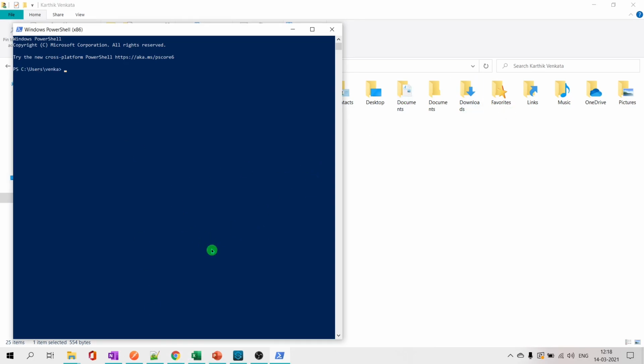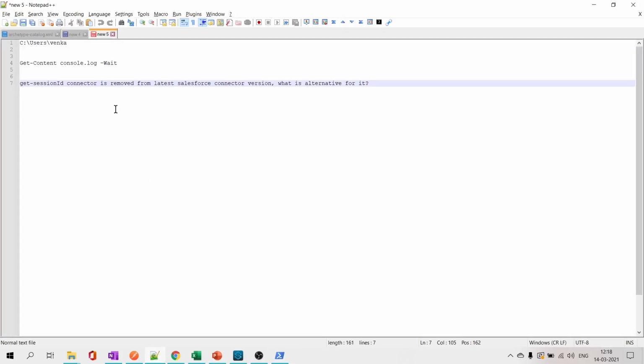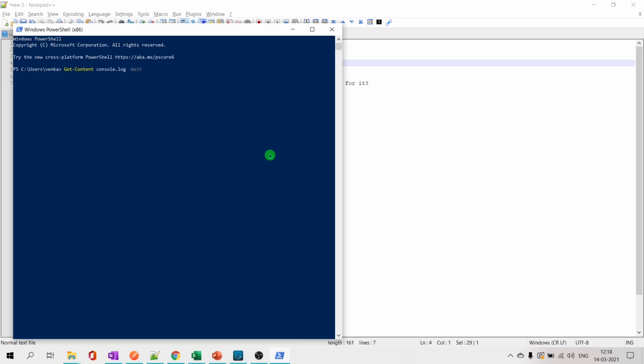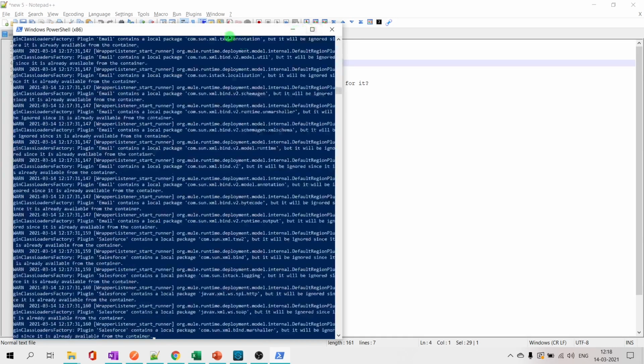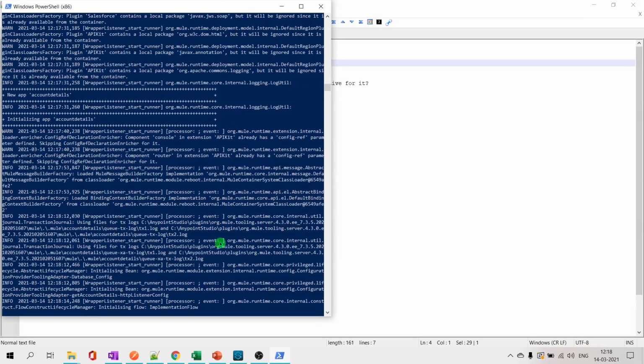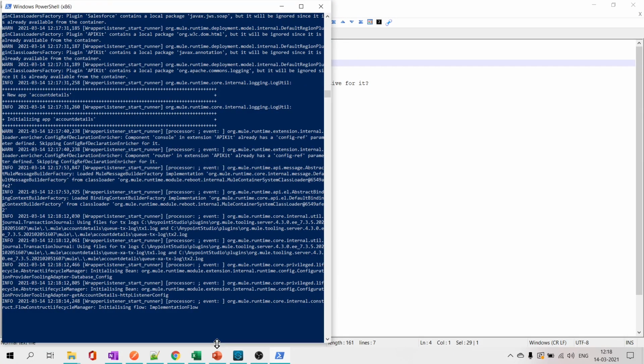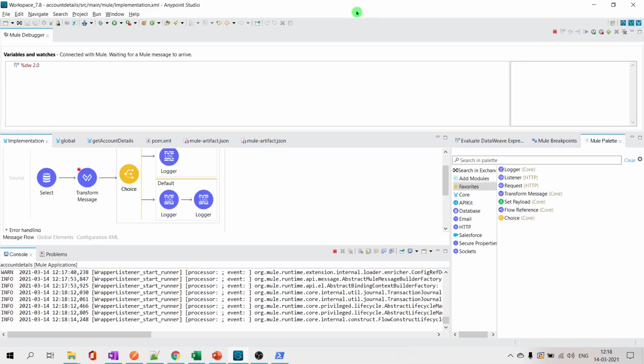Okay, we have to go to the location. It's already in location. Our command for that is this one: Get-Content file name -Wait. So it will automatically refresh the console log every time it's updated.